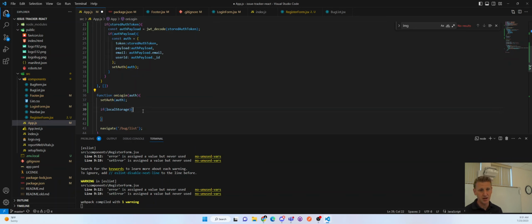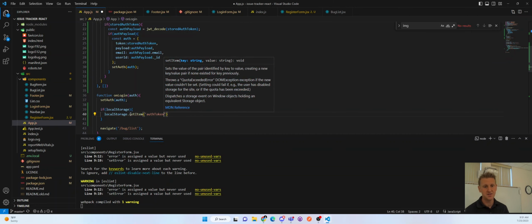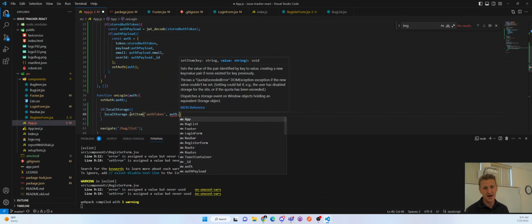So when we click login, if local storage is supported on the client, which again, all modern browsers circa 2015 should, local storage dot set item, auth token is our key, and auth dot, and again I think,